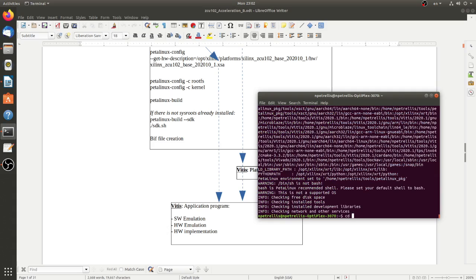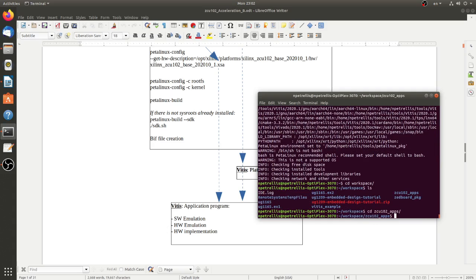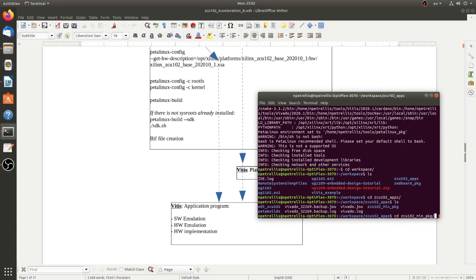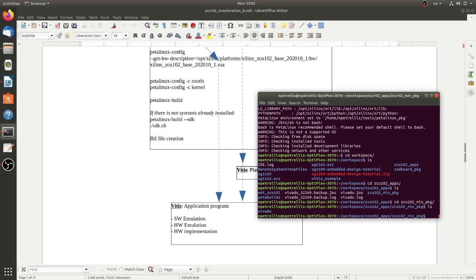And then I cd to the directory where I will build all my projects. This is in my workspace. Then I go to the ZCU102 apps, and then to ZCU102 min package. Min comes from the word minimum requirements, because it will be a very simple project. Inside there I have built from previous experiments a Vivado project, but we are not going to use this one. We will start directly by